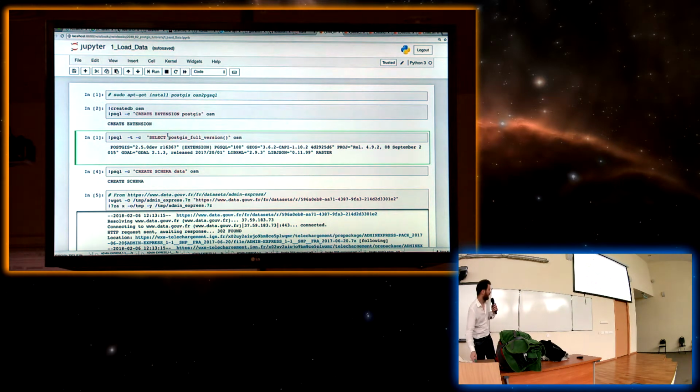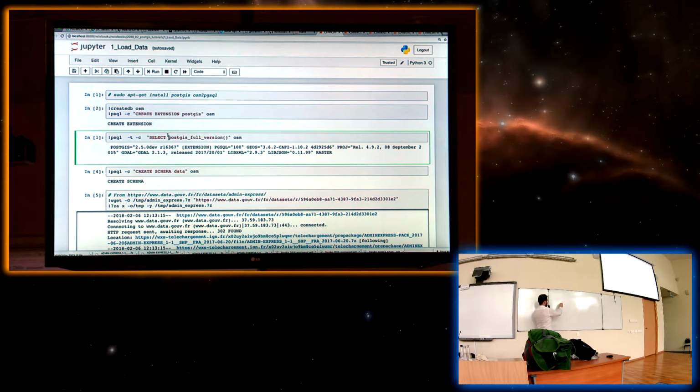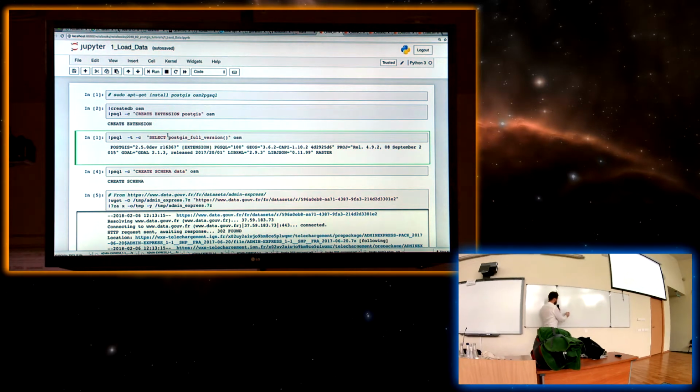For instance, we have PostgreSQL with PostGIS support, and PostGIS itself is based on several other libraries tied with it. So there is GEOS,